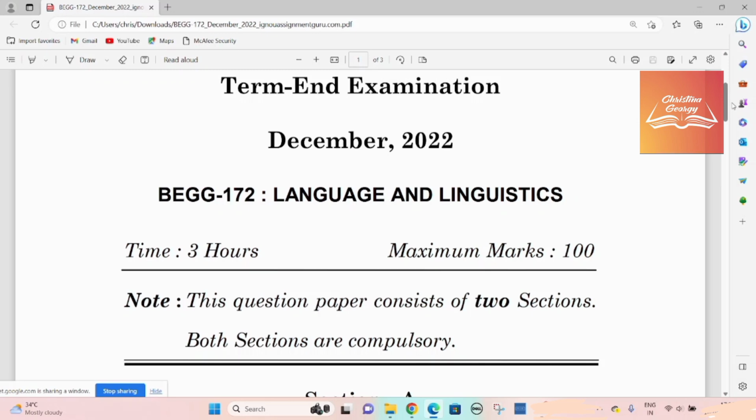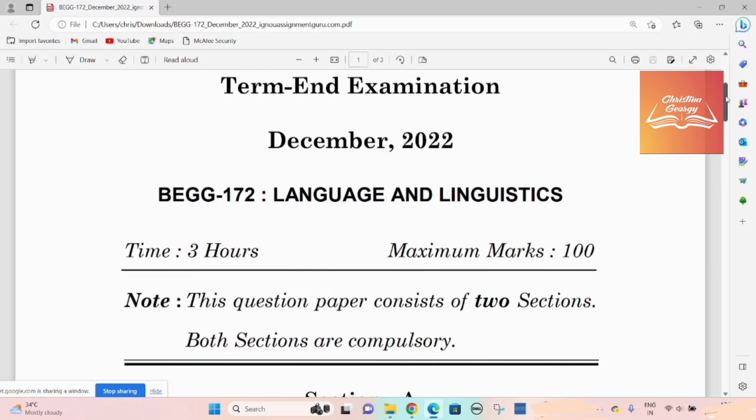Both sections are compulsory. So once you read this, do not panic, in the sense some students would be of the idea that, oh, I don't have options. Should I write all the questions? Of course not. They have said there are 2 sections and you need to write answers from 2 sections. That is section A and section B. Within these sections, you will get options. That is how the question paper is structured.